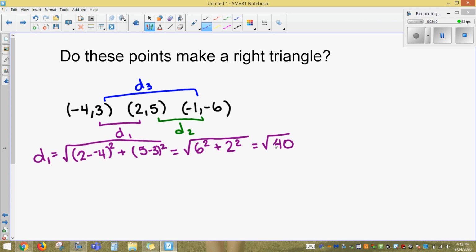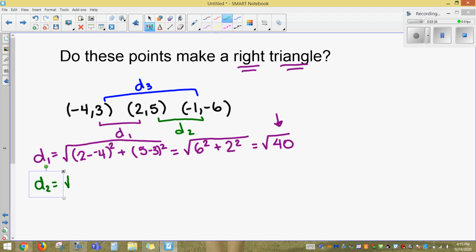Now this is the one time, when we're trying to check to see if we're making a right triangle, that you're not going to get in trouble if you leave the radical written as square root of 40. It's actually going to make our arithmetic a little bit easier in a few minutes, and so you can actually stop there and not call that 2 times the square root of 10, unless you just really want to. Okay. So D2